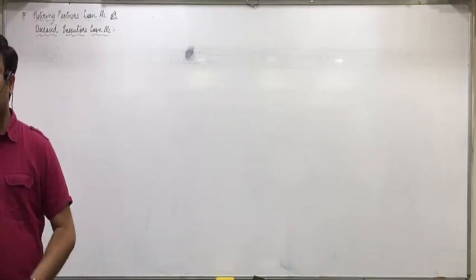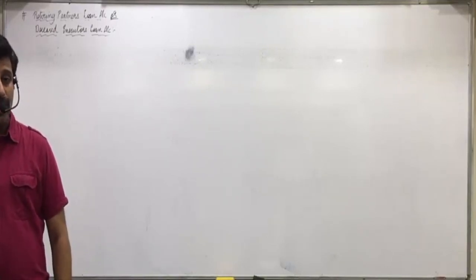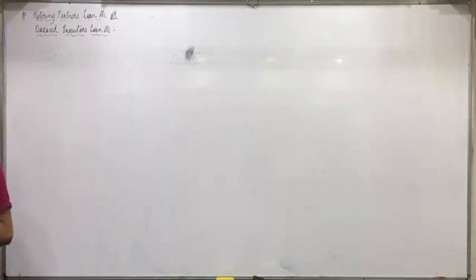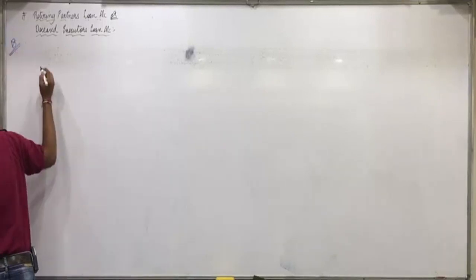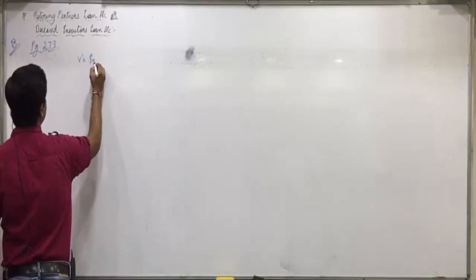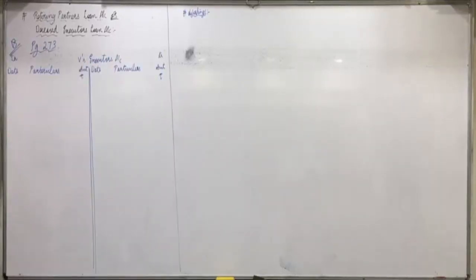Understood this? One question I am doing on the board. The second question you'll try on your own, so that you understand how to make this loan account. Look at the last second question of your exercise, question number 18 on page 273. At the end, you are asked to make the executors account and then the executors loan account till it is finally paid. So make the format of the executors account. First we are making the executors account. I'll start now. Be attentive.